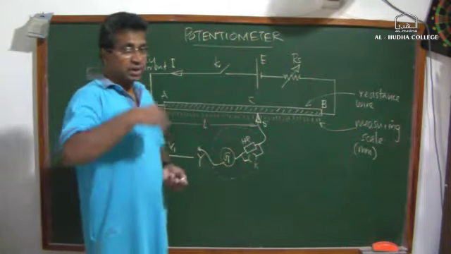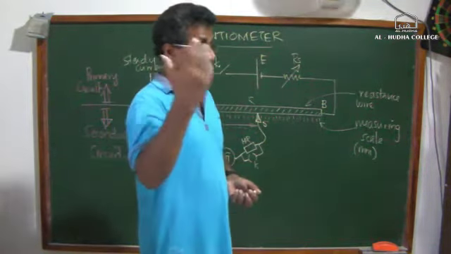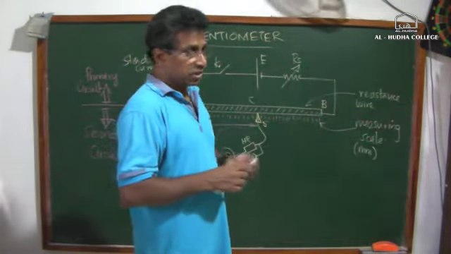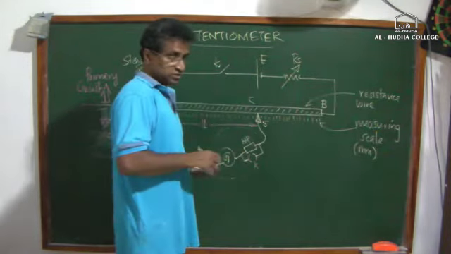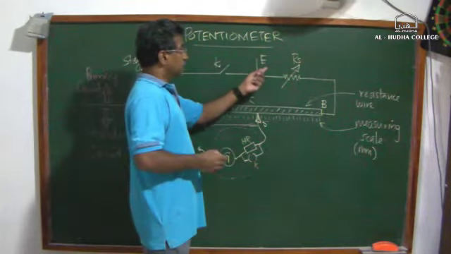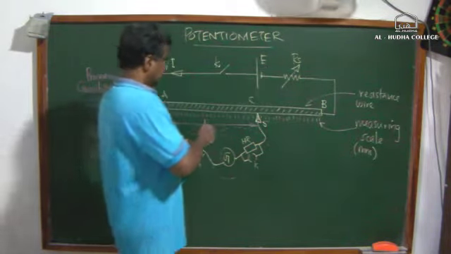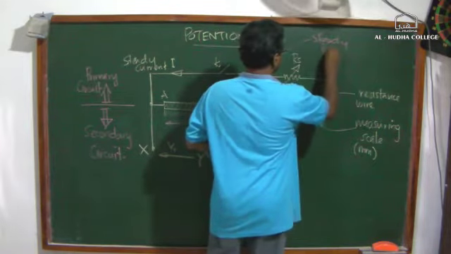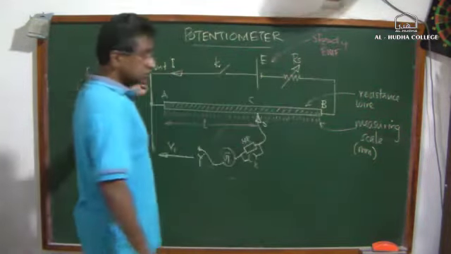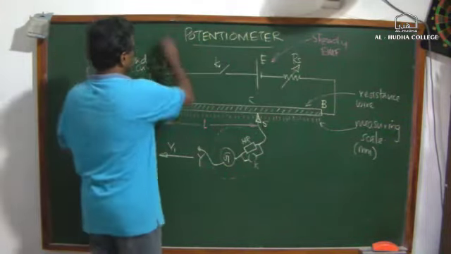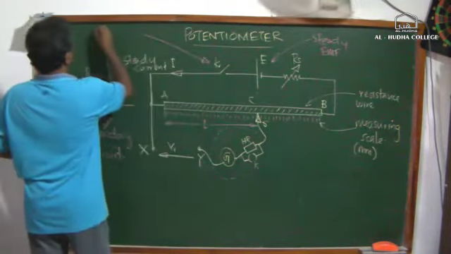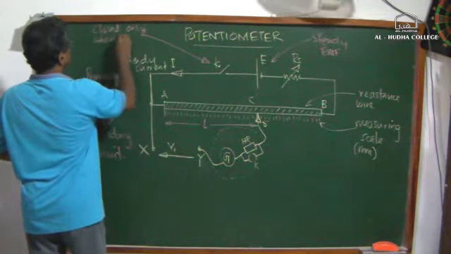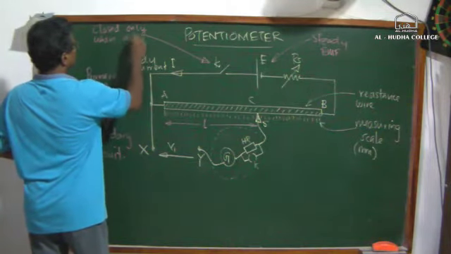So that is why we have a key K. This is not a requirement in a meter bridge or a Wheatstone bridge, because the voltage doesn't influence the measurement. But here the measurement is influenced by the voltage, so it should be a very steady EMF, and therefore a steady current. K will help you close the circuit only when required, for when the actual measurement is taken.